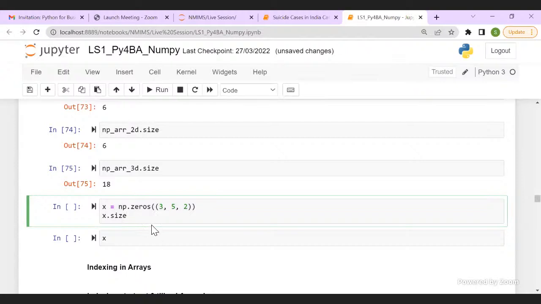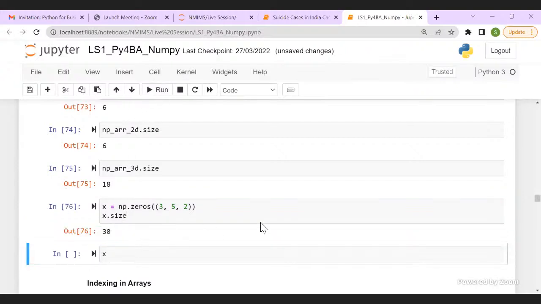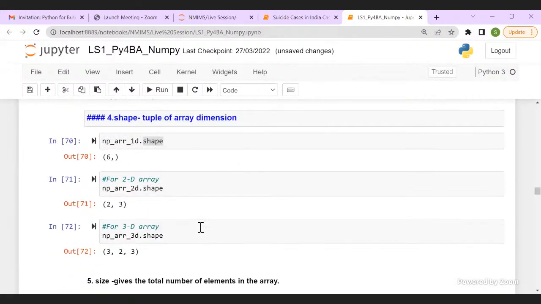30, right. Good. So Sanhita is saying, can you go back for shape for a moment? Sure, Sanhita, tell me what you did not understand. Don't worry, Sanhita, in case you miss the code, as soon as this class is over, I'm sending this code to you. So in case you miss anything, no problem, you will get this code as it is. In case you do not understand anything, let me know. I'll go back and tell you.